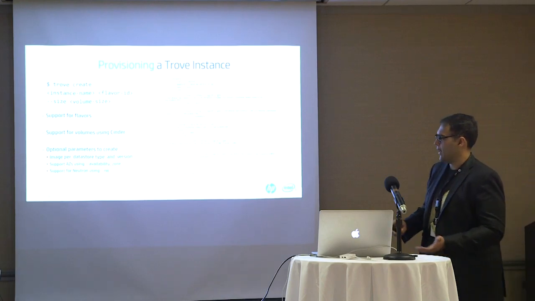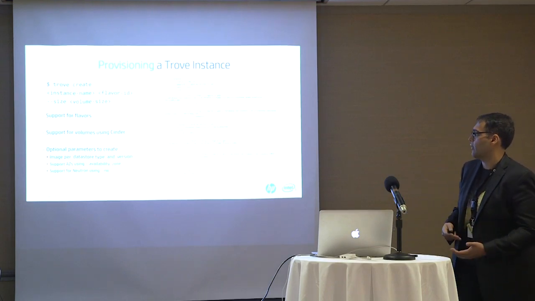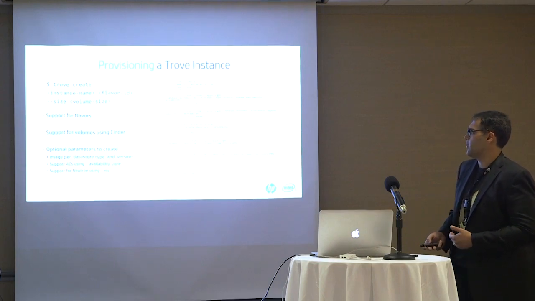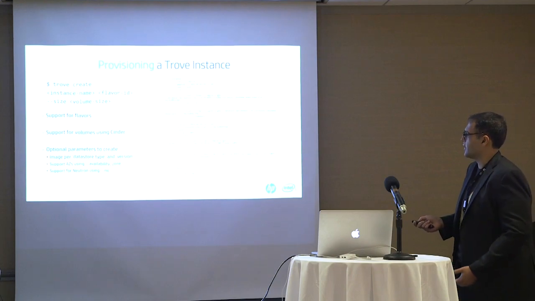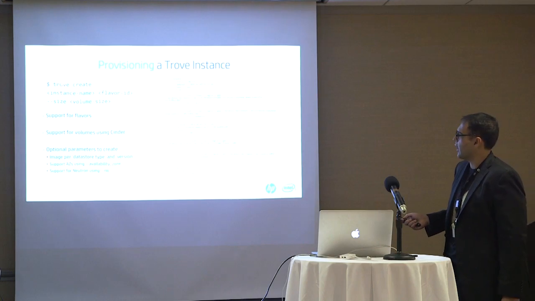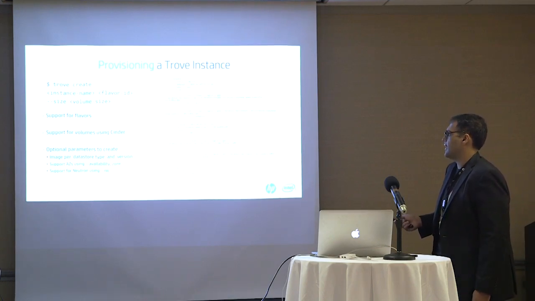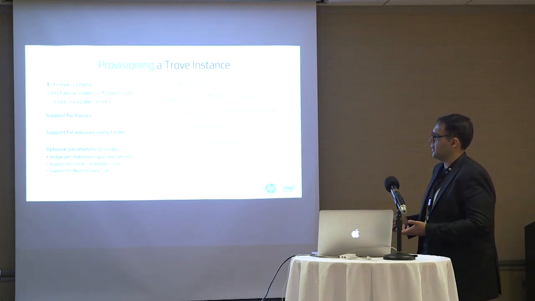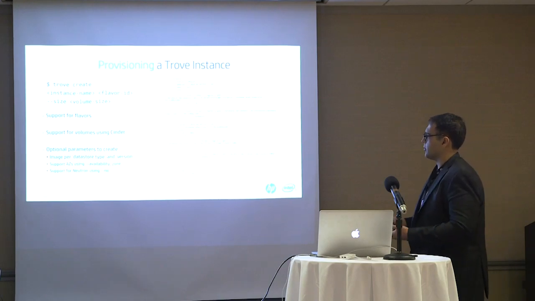That said, I wanted to go a bit into the detail of the Trove API, the different API calls that you can make and what you can do with them. The main one is provisioning a Trove instance. This uses the standard Python Trove client, which is simply called trove. The command would be trove create, then the instance name, then a flavor ID for how big you want your instance, and a size parameter for what size of volume you want Cinder to provision for the instance.